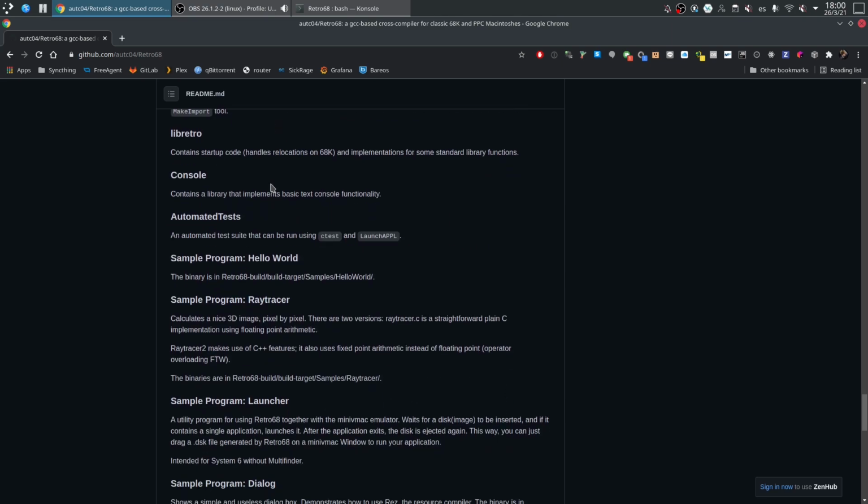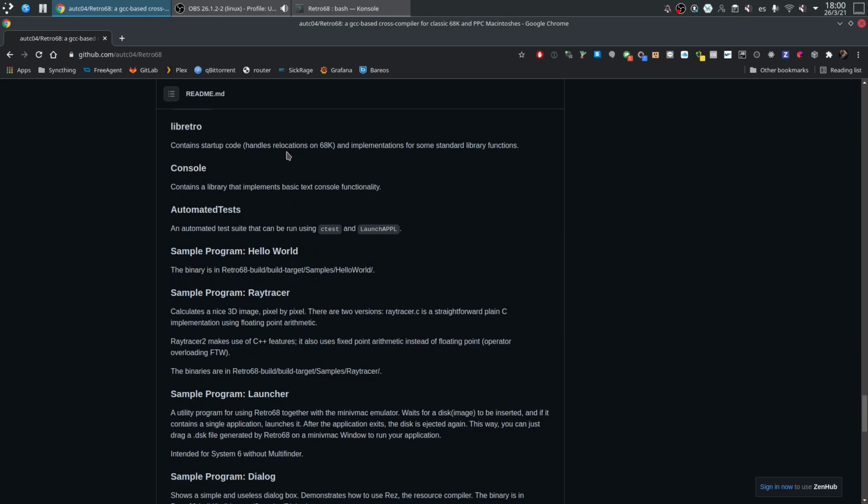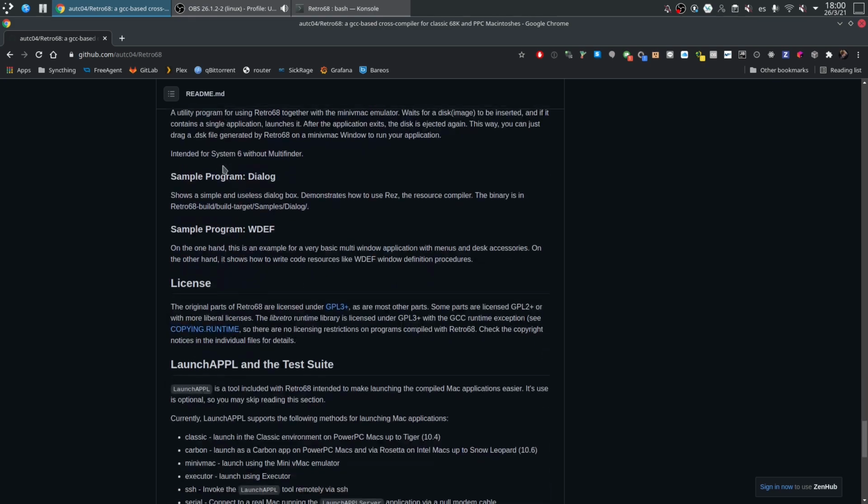Or you also have a console library, because in old Macintosh systems there was no console or terminal concept, so this had to be implemented by the compiler suite. For example, CodeWarrior uses SIOUX, so Retro68 had to implement its own console. They also have some examples on how to use it.